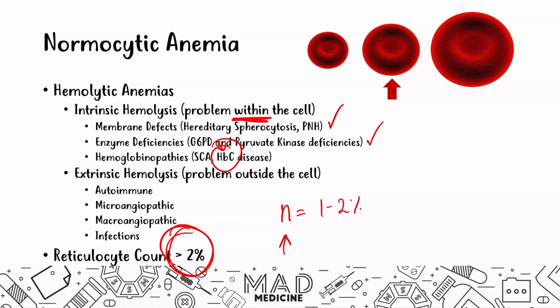In normocytic non-hemolytic anemias, you're going to have a normal reticulocyte count, and in hemolytic anemias, you're going to have an elevated reticulocyte count. So with that being said, let's talk about our first of the two hemoglobinopathies you definitely need to know,